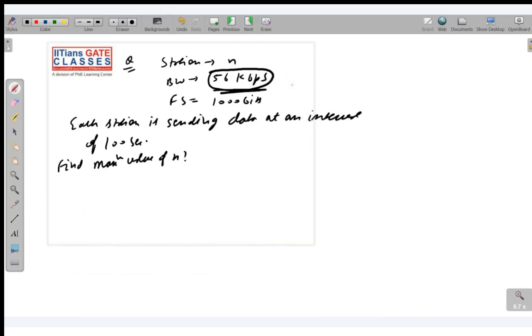You will utilize only 18% of it. So first of all, what we should say, throughput is efficiency multiplied by bandwidth. They are saying find the maximum value of n. For maximum value of n, you will take maximum throughput. Maximum throughput is coming to be 18%. So 18 upon 100 into 56 into 10 to the power 3, and roughly it comes out to be